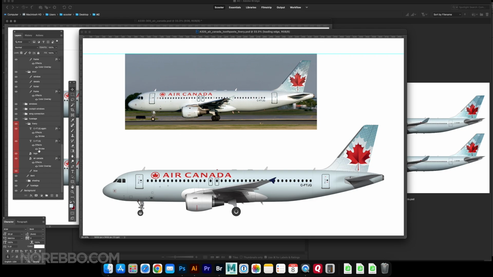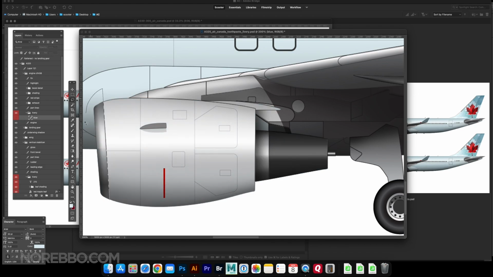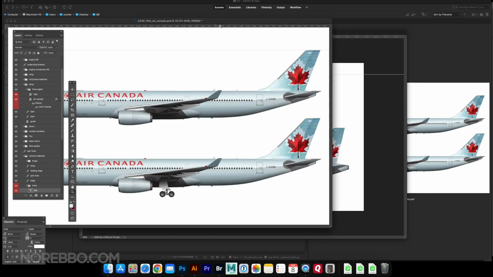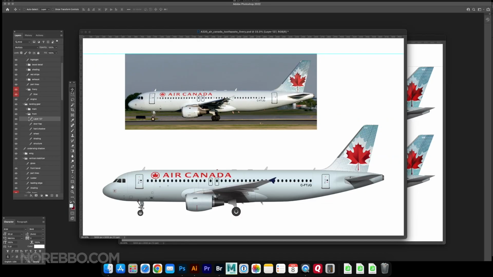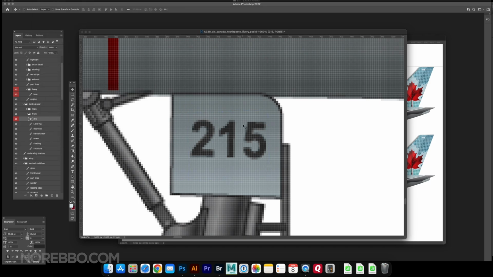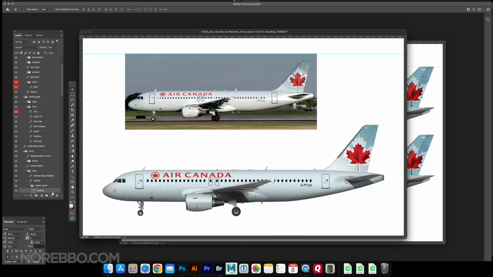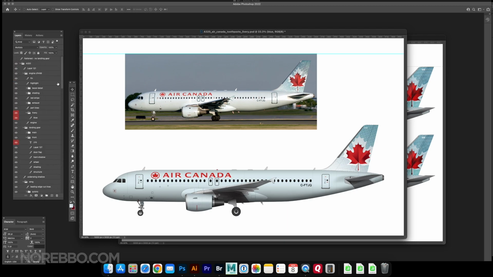Now I'm going back into my layers palette and turning on all the layers that I turned off earlier and adding colors to those. We've got the wing connection there, and now the engine itself, adding some color to that. This is a fairly simple color, and by using the multiply blending mode in the layers palette, the color remains bright and vivid, while allowing the shadows and the shape of the object to show through underneath. Very powerful tool, and it's a game changer if you've never used it. Looks like I'm just about done here. Going through the layers palette,